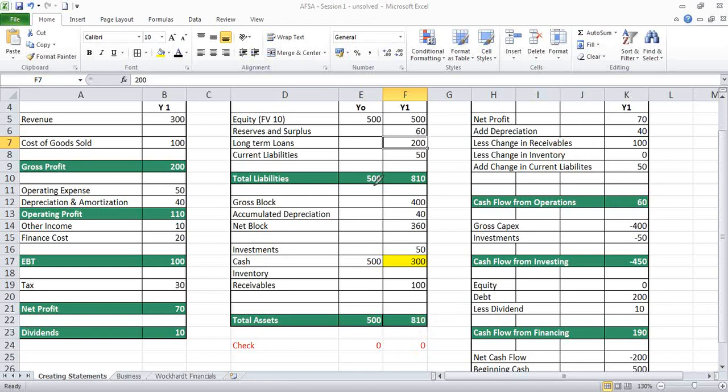The idea of this exercise is to appreciate that whatever transaction the company does will either change things on both sides of the balance sheet. So for example, when they raised long-term loans, loans went up and cash went up, or it will rearrange items on one side. So if they had receivables, cash moved to receivables. If they bought fixed assets, cash moved to fixed assets. Correct? There is no reason for the balance sheet not